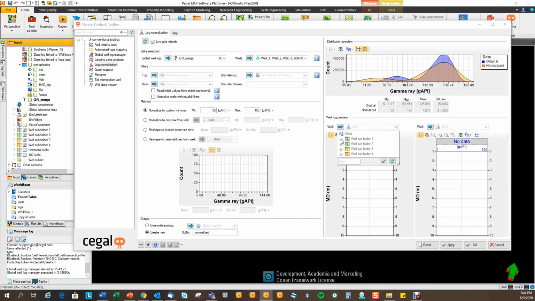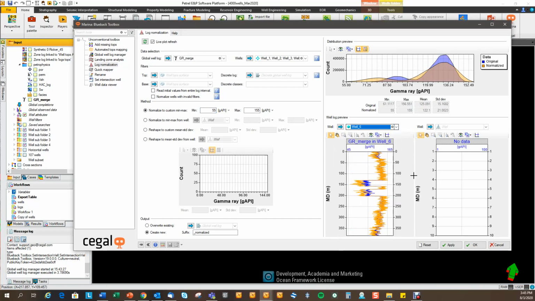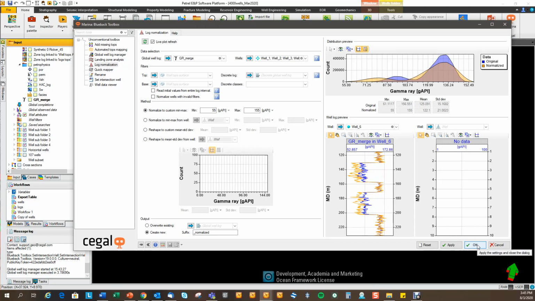It takes a few seconds to update, so we can go in and have a look at well 6 here, and then we see a preview: the original log track in blue and the normalized log track in orange. We will hit OK,